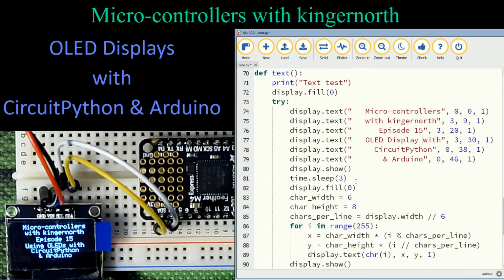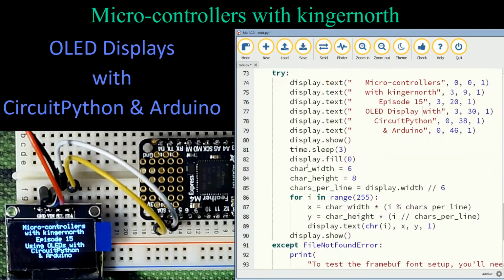I am going to show you something a little bit different in this. Here's display show. So it's going to update that. It's going to sleep. And then what it's going to do, it's going to go here to set it to 0. This is where it comes out a little bit different, is we have characters. By default, there is a default text font built into the driver. This happens to be a small one, and we're going to get to that line in a moment. But to change character sizes, you actually import